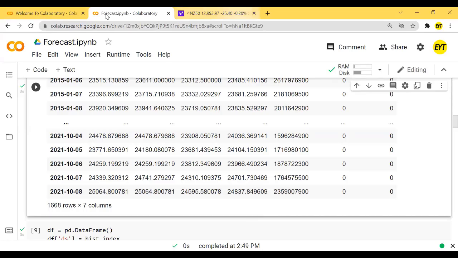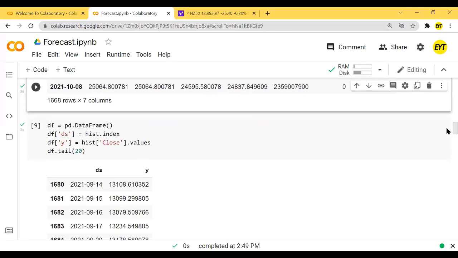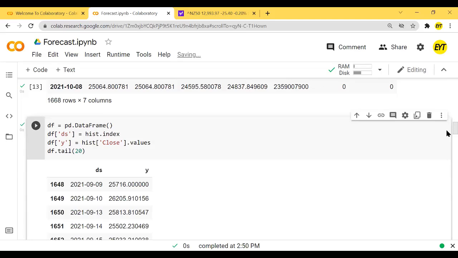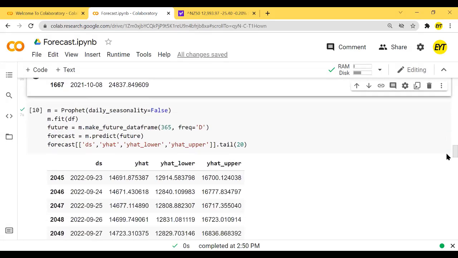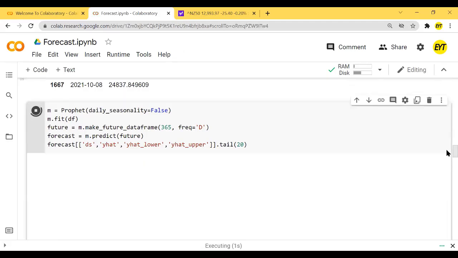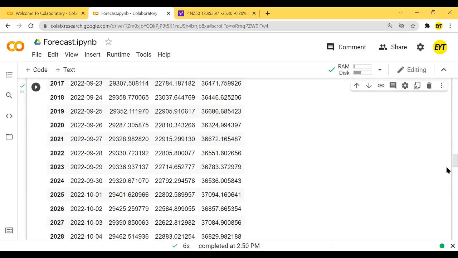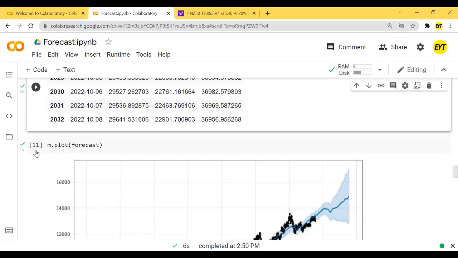It's exactly what we found, right, in Yahoo Finance. Then maybe we put it in a data frame with the closing price, and then use Prophet to forecast the price in the coming years. Good. And plot it,